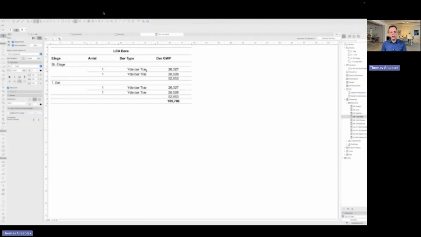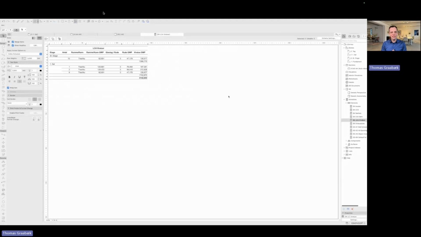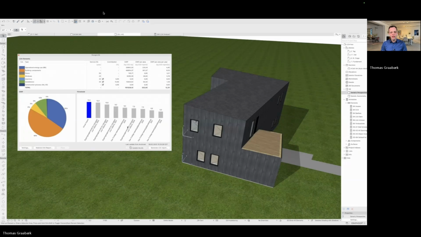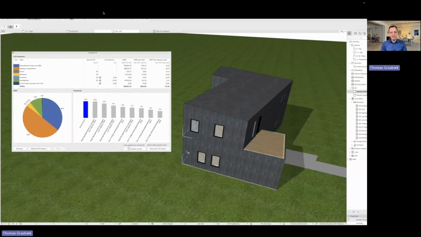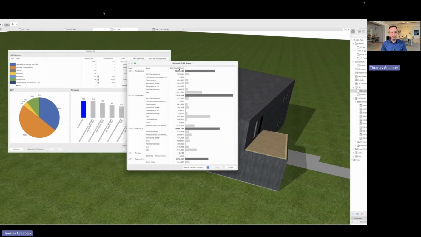Before I put the U value on the windows, here I have to tell what kind of structure my windows and doors are, to add the CO2 from the material use of windows and doors. And I'll show you that later in slow-mo, how that is done. And every time I update my LCA calculation, I can see exactly how much better I do.